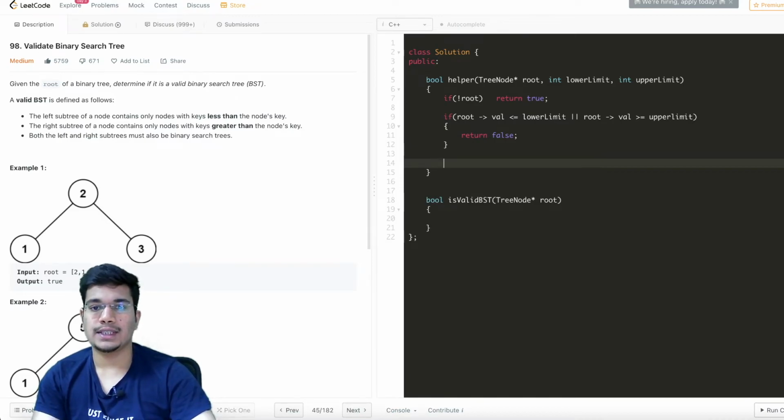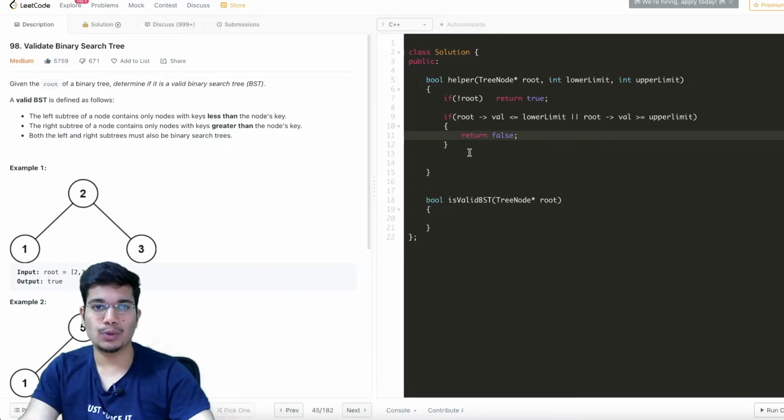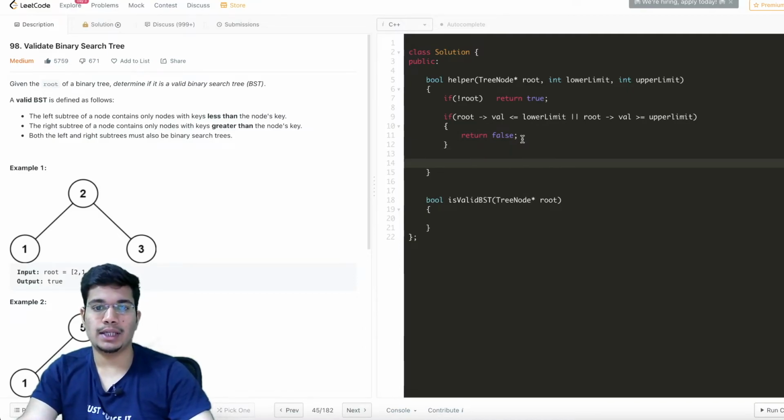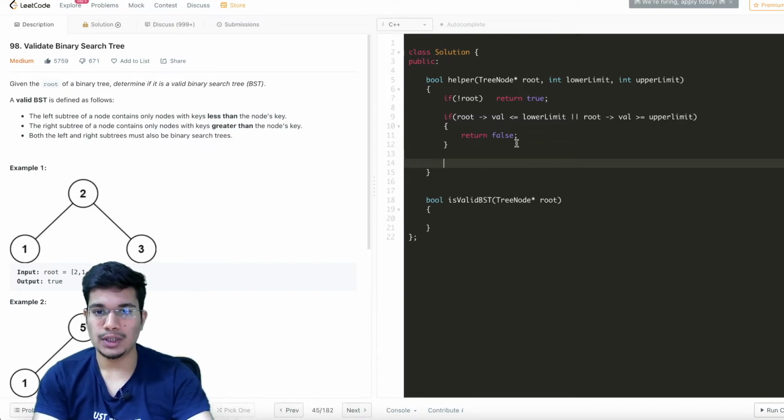But if this condition does not return false, which means my current root node is in this given range. So the property is valid for my current root node. But then I will have to make these checks for my left and right subtrees for the root node as well. So to do that, we can simply make calls on my left and right subtree. So basically what I'm saying is I'll be making two calls. Firstly on my left subtree, and then for my left child node, the lower limit will still remain the same only as we discussed. So I can pass the same lower limit as my current root node's lower limit, but the upper limit for my left child will get bounded by my current root node's value.